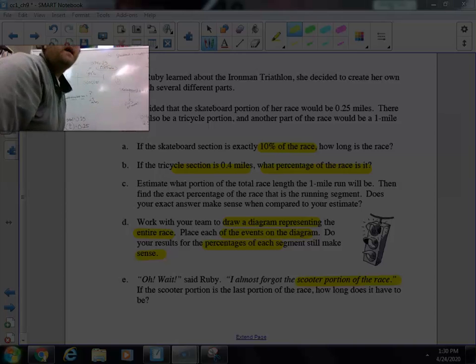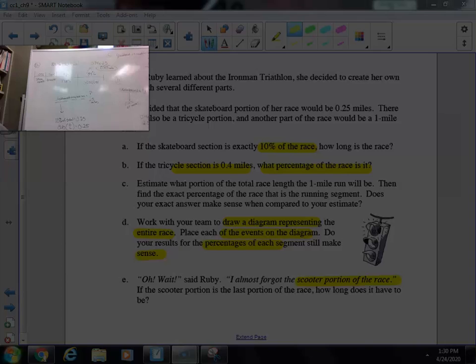So now we know the percentage and the distance of our skateboarding, tricycling, running, and scooter portion of this race. So this was a really detailed problem. There's a lot of really good, useful information in here. So again, if you guys are having trouble, if we moved a little bit too quick, I really encourage you guys to pause, rewind, rewatch portions of this question if you need help. So this question had us doing the same process several different times. So last question for today,